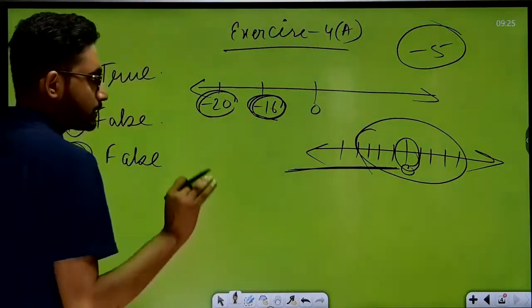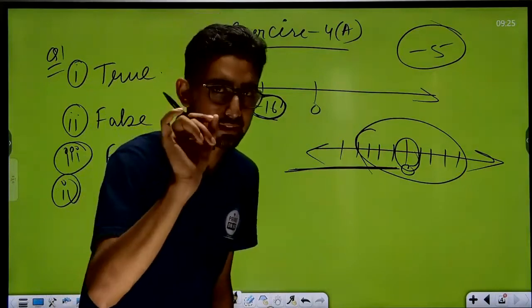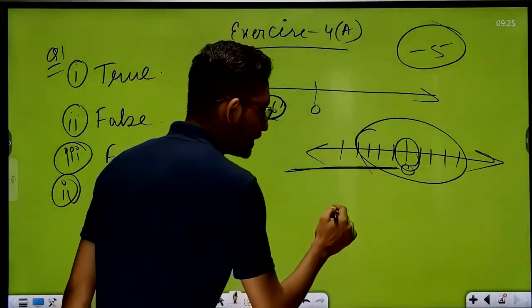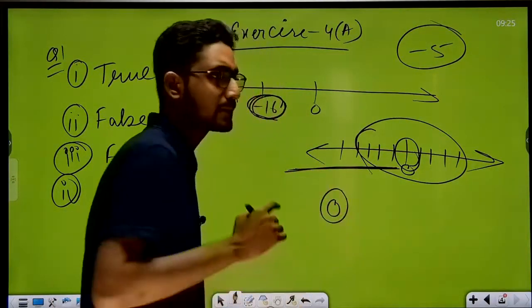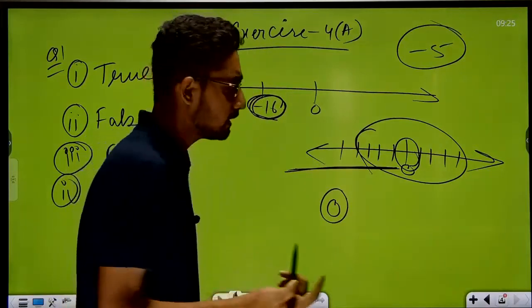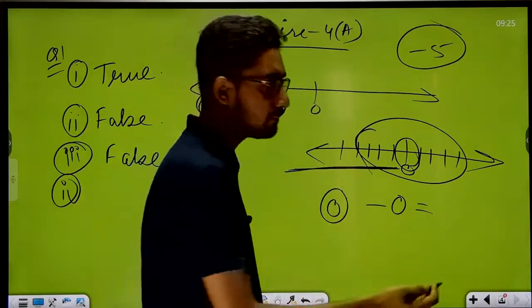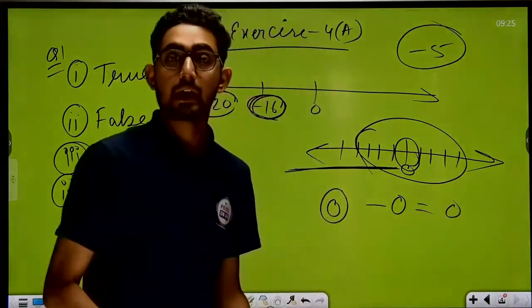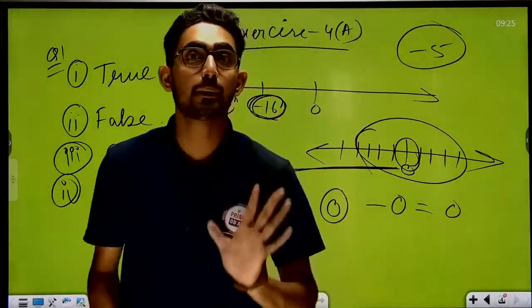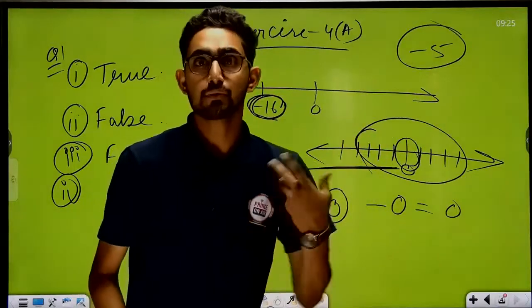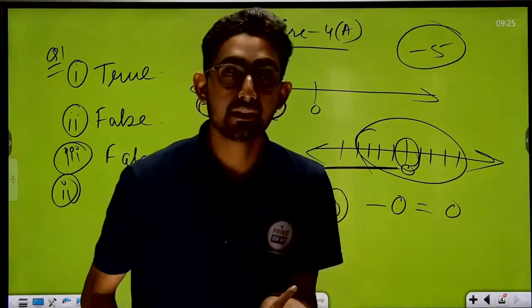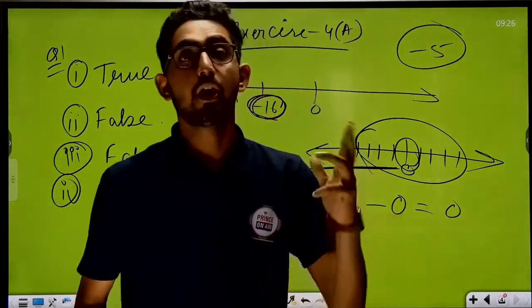Okay, next question. The opposite of 0 is 0. Try to understand the concept. The opposite of 0 is 0. It means if I write minus 0 then the answer will be 0 only, obviously. Yes or no? If I ask you to write the opposite of 0, then the answer is always 0,